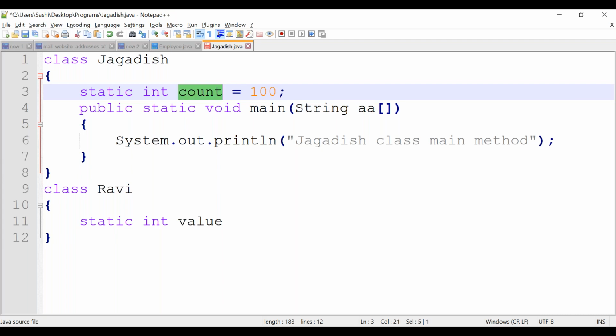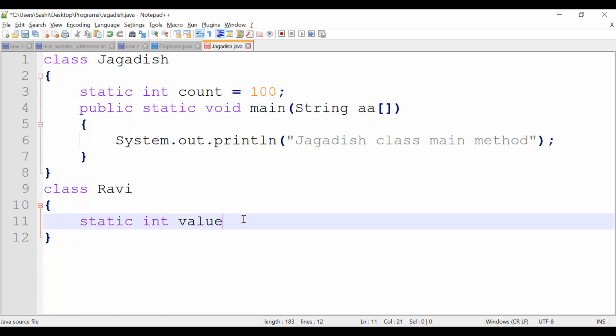If it is a constant, we can declare it in complete uppercase. For now, you can understand a static variable can start with lowercase. In future, while we talk about constant values and constant variables, we can see that point.